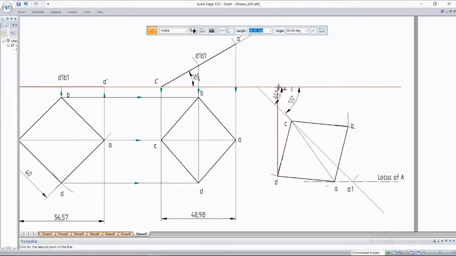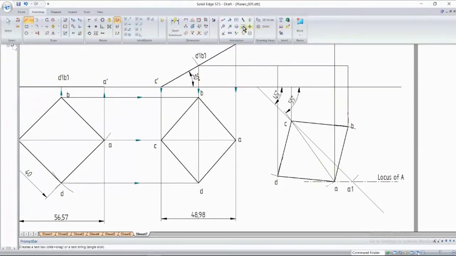This is here, and C is here, and A, and B. And this here, and this is here.